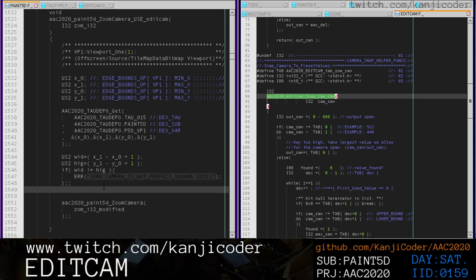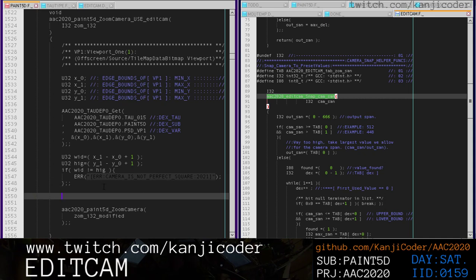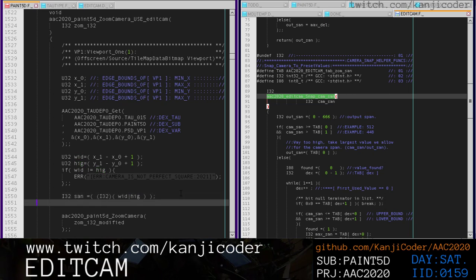So int32 span equals int32 cast of width or height. We don't really care which one it is. And this is my way of saying it's an arbitrary selection because both of them are equal, so width or height. Okay, once we have the span, we're going to take this snap cam, and we're going to use